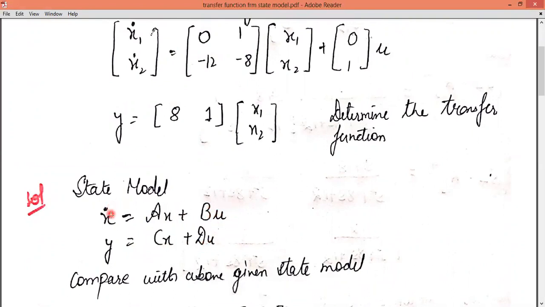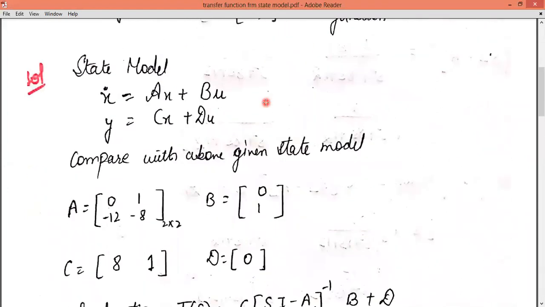We will compare this x equation to this equation and this y equation to this equation, meaning this is the state equation and this is the output equation. We compare the general equations with these equations. Now we have separated the A matrix, B matrix, C and D. Here we have written D equals 0 because there is no element present in D, or no matrix D is present.